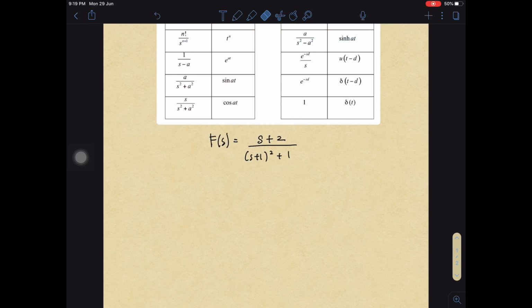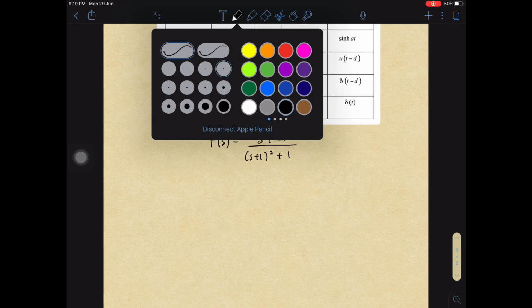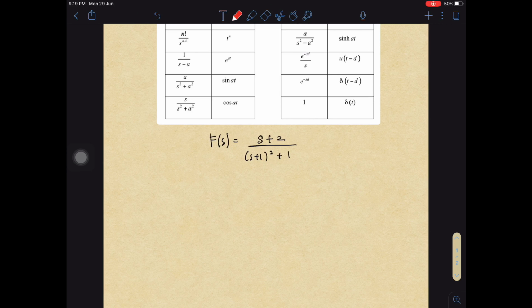Okay, now you have the function F(s) equals (s plus 2) over ((s plus 1) to the power of 2 plus 1). Okay, so you can see that in your denominator you do not have a single s, but s is together with the constant positive 1. Okay, so this one is not an elementary function for the inverse Laplace,